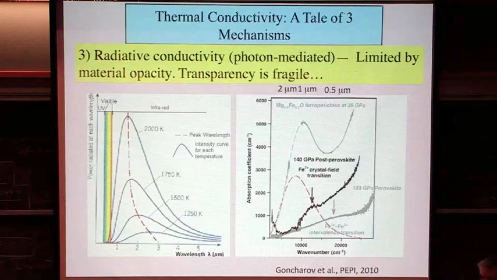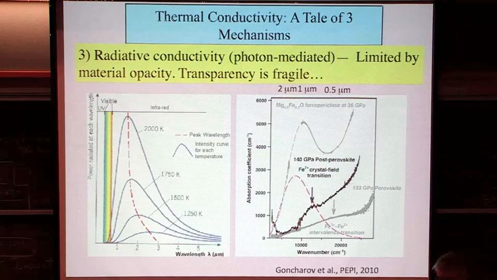Finally, thermal conductivity via photons, where basically you have emission of photons. This is one of the more complicated figures I'll show today, and it is something which occurs in the literature every 15 or 20 years: somebody says thermal conductivity via radiative conductivity is vitally important for the deep Earth. It runs in a very nice cycle and has since about 1958. We're about 4 years since someone last said that radiative conductivity was critically important for the deep Earth. The dilemma with energy propagation by photons in the Earth is that, unfortunately, the Earth is colored.